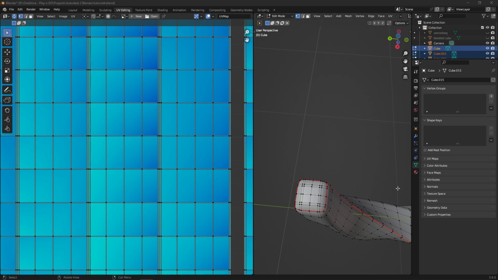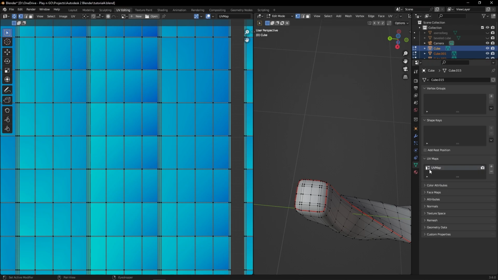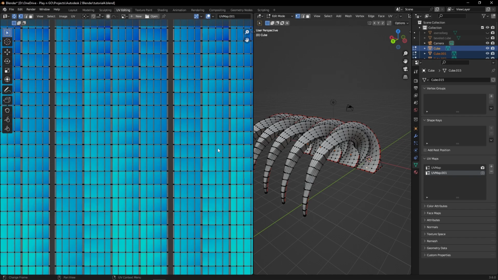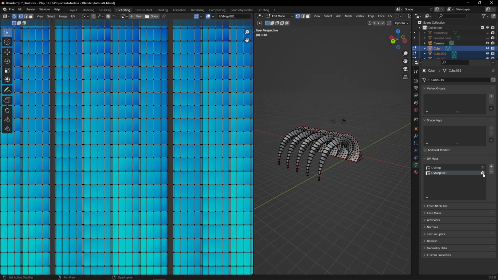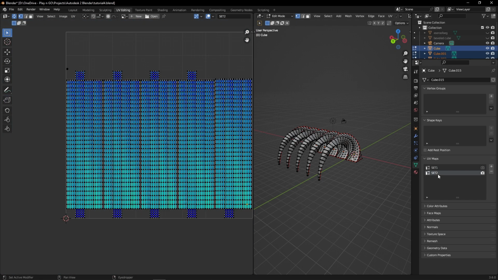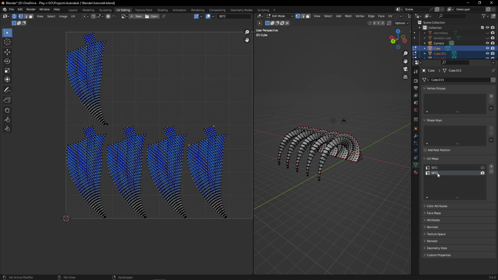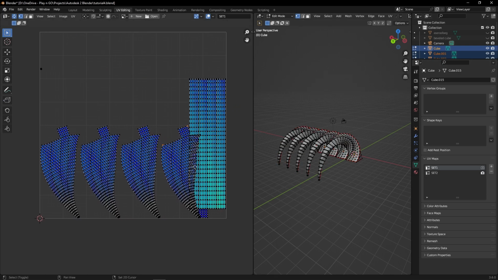And to find UV sets, you go here where it says UV map in the object data properties, and this is set 1. If you want to add a new UV set, just press plus. It will copy the one existing, and if you want to view it, you should go and press this camera. Now let's say set 2. Oh, sorry. Well, you can name it whatever you want, of course. And if I go here and unwrap again, now I have set 2 like this and set 1